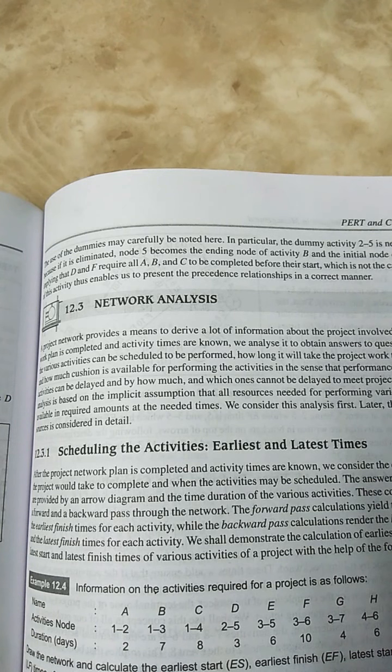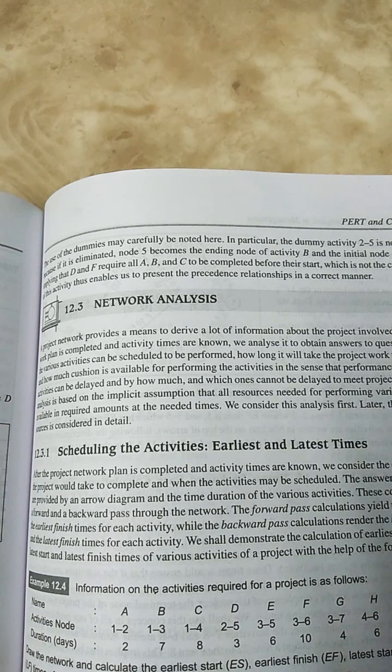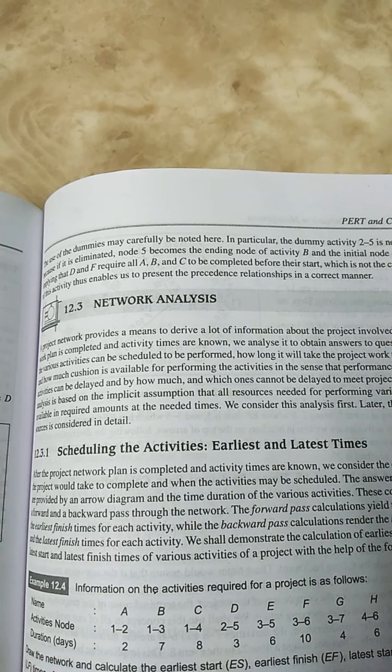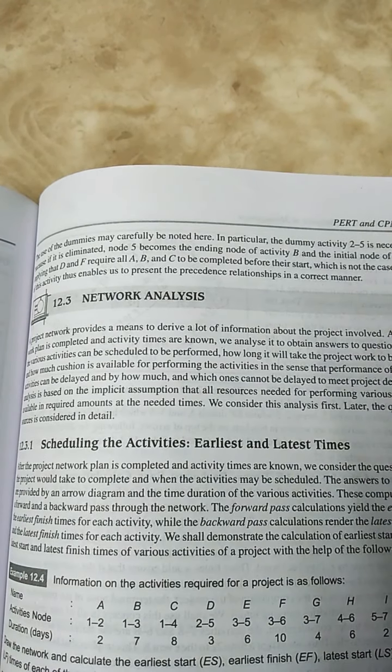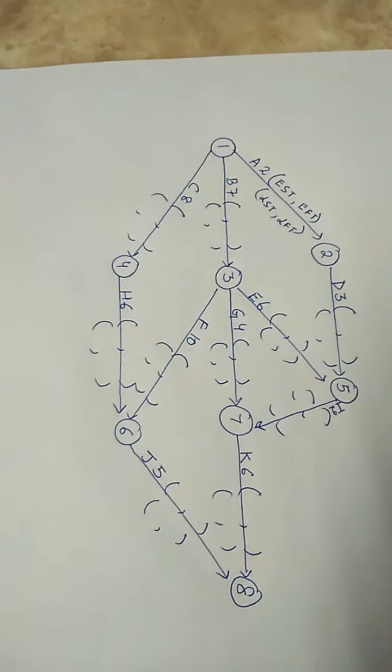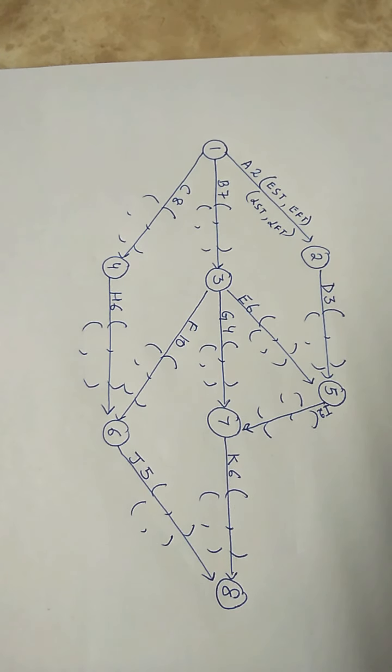I provided you the pic of the example that I shall be discussing here to calculate earliest start time, earliest finish time, critical path, etc. Please refer to it and build the network. I hope you can build the network on your own. After you have constructed the network, it will look like this. There may be a slight change in the network you have built, but the logical precedence will remain the same.